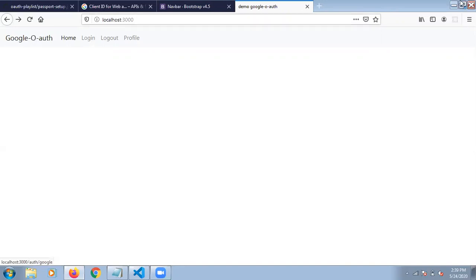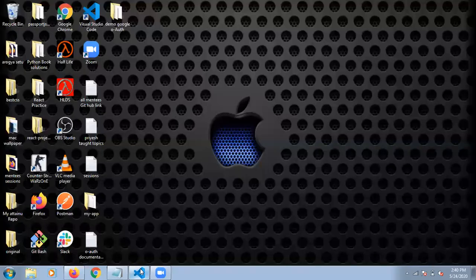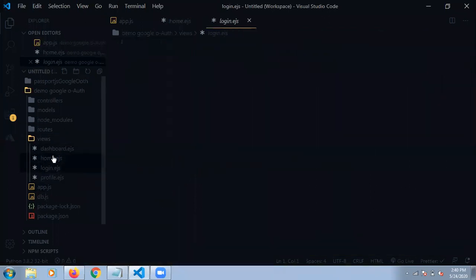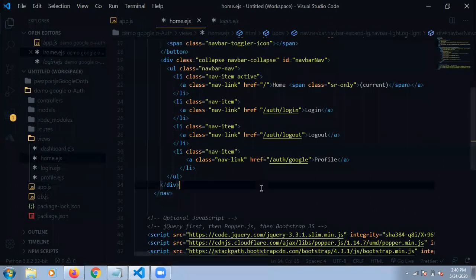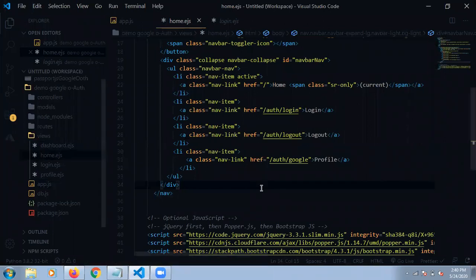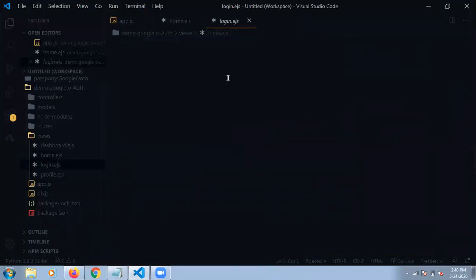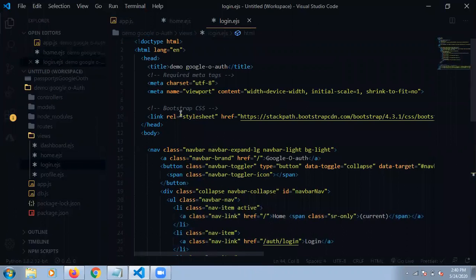Now we are going to use this part and create another EJS file, which is login. Login is nothing but a button we are creating. So we are copying this whole part and pasting it inside our login EJS file.